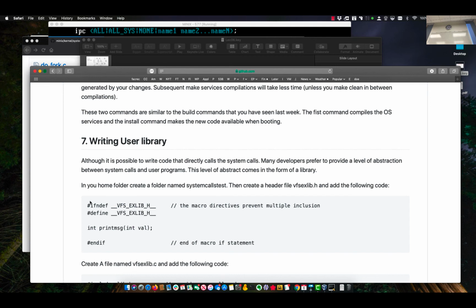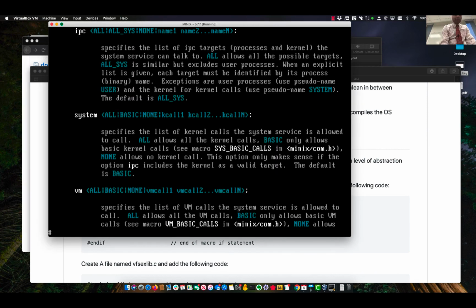Yes, question? Just kind of bringing it back to the class lecture. The system.conf file defines permissions for the servers, not user processes, only system components. Is there a similar file for drivers and things, or do they just get all? The question is, is there a similar file for drivers? It's the same file. There's only one file that has everything, and you can actually verify that